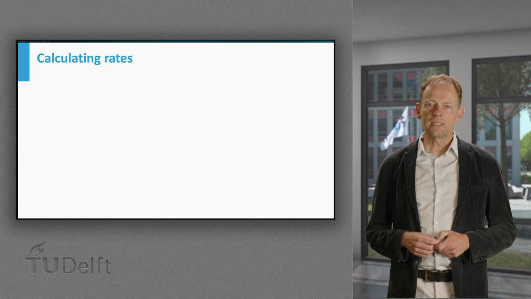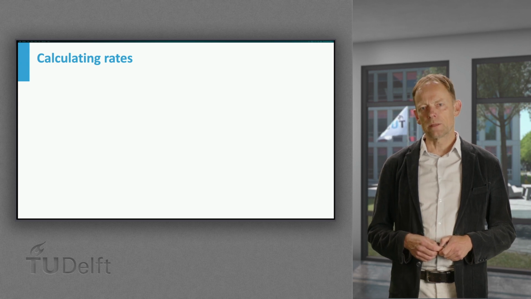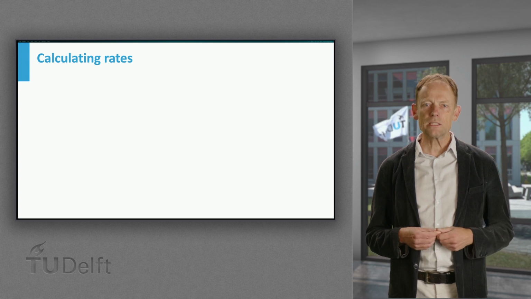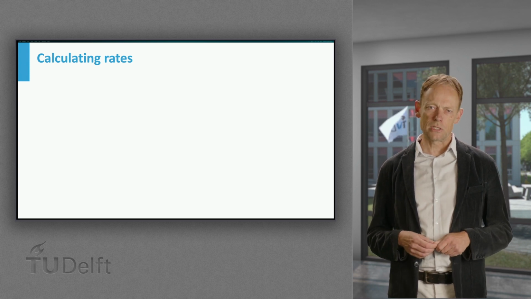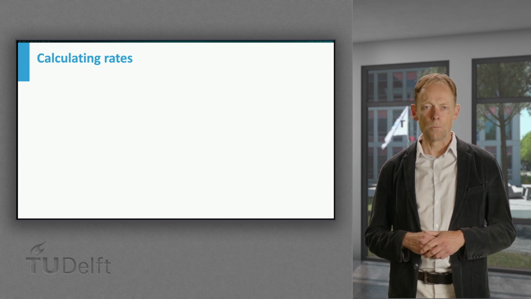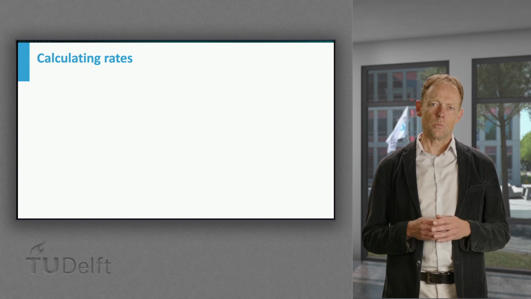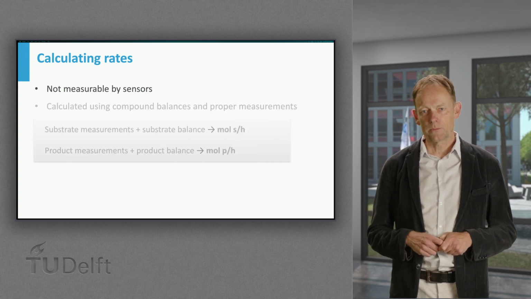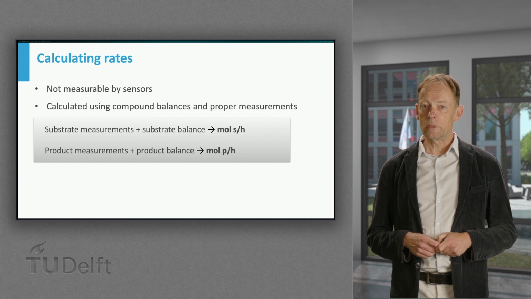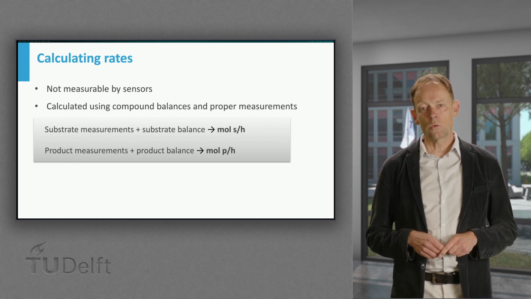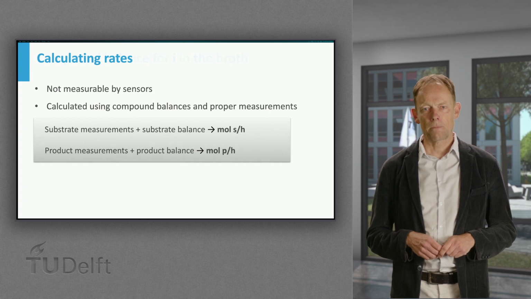Important for design, test and improvement of microorganisms and processes is to know how fast things go, or what is the rate of substrate and oxygen conversion, cell growth, product formation, including CO2. Here we have an issue. It is not possible to measure the rates with a sensor. Rather, a rate needs to be calculated from selected measurements. And to do so, we need balances.